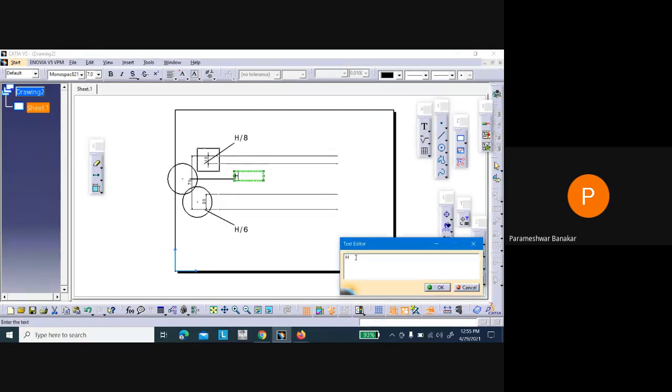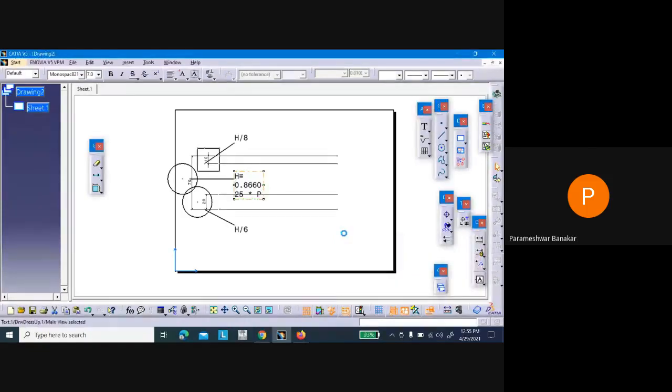H equals, one small formula is there. You are supposed to remember that: 0.866 multiplied by P. Okay, so this is the formula.